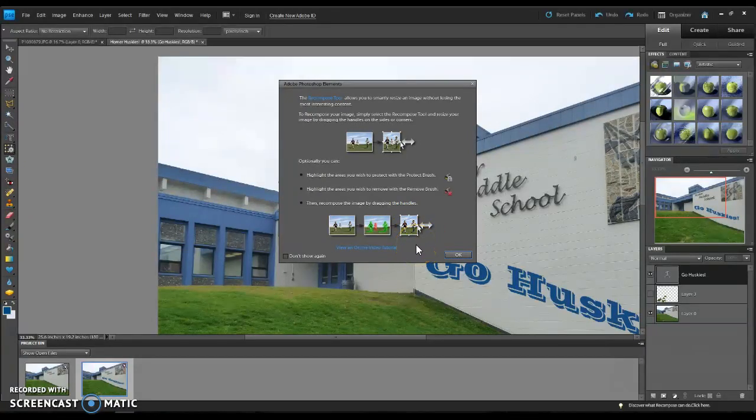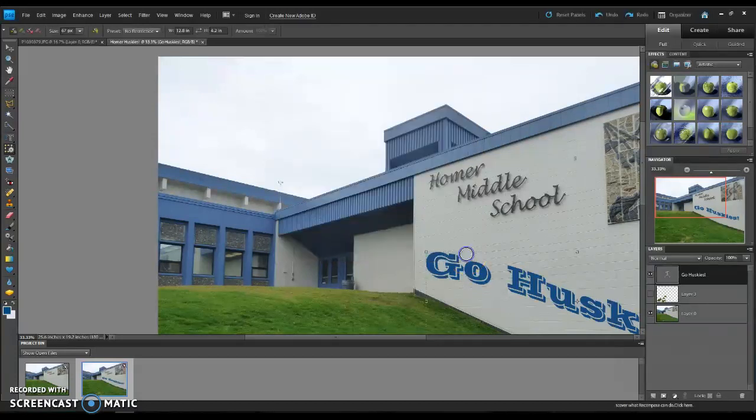What's also really great is you could do this if you're at like a tourist destination and there's like a telephone pole on the way, or a little kid running in front of you, or other people that you don't want in the frame. This is how you can get rid of them. So what you do is you come and you click OK, and you're going to choose this little mark for removal option, and you can change the size of your pixels that you select. I went big,